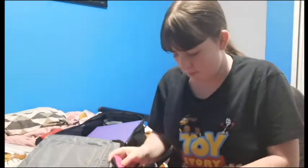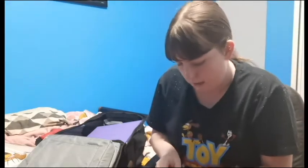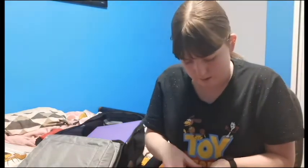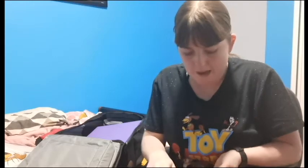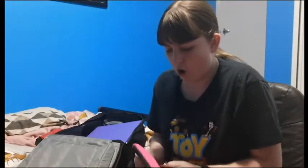Next is my pencil case. So in my pencil case, I've got whole loads of pens. Literally, whole loads of pens. So I've got Artline. I've got, are these Artline too? Papermate pens. And some really cool pens that I got from Etsy, which is a shop where I live. And these are touch pens. I don't know exactly what they say because they're in a bit of Japanese or Chinese, whichever one you want to say. So moving on to the next pocket,